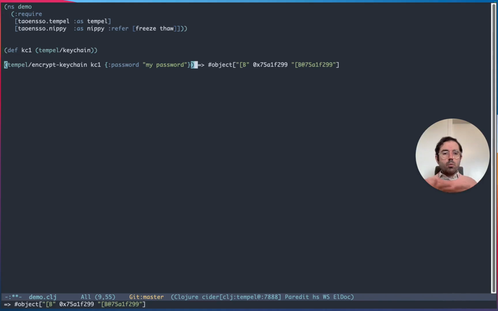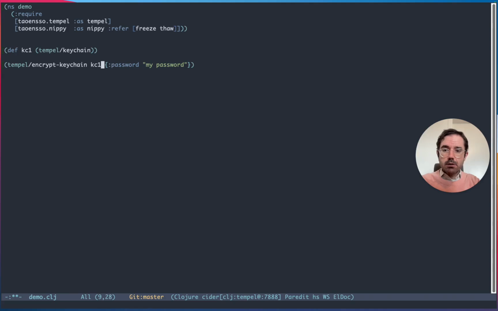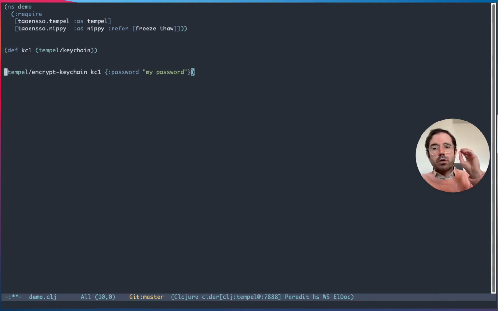So when we encrypt a keychain, what we get back is a Tempel payload that has serialized all of that information that I showed you before, right? So all of this stuff, the contents, has now been serialized and encrypted with a password using the default key stretching in the dynamic config, all right? Once we have this encrypted keychain, we can do things with it. In particular,